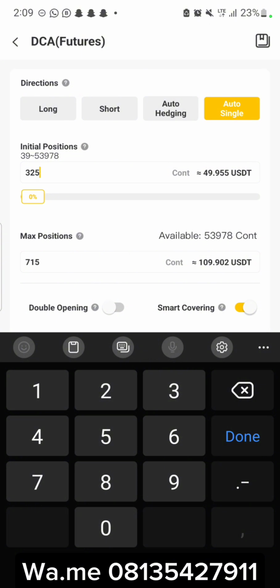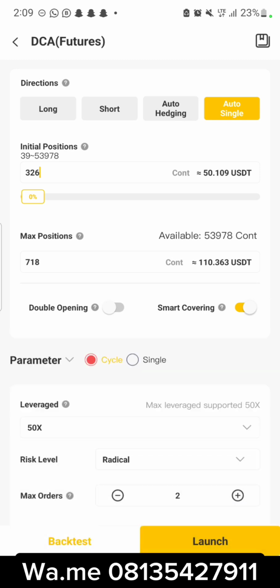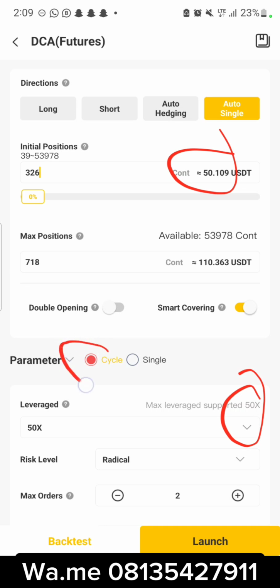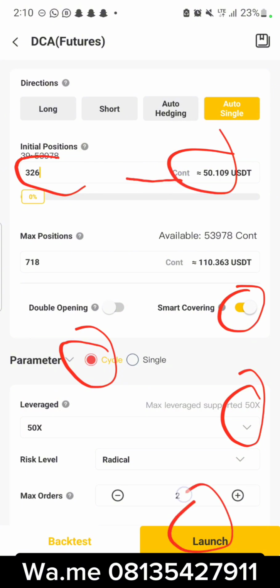a 50 at a dot, we just need to add a little, because here we can't use points, you understand? We can't use points in this axis, we can't use point at all. So once you have gotten your 50 here, and your 50 is also showing here, you have turned on your cycle, you have turned on your smart covering, and your calculation was done where that gave you this 50. All right, the next thing you do is to launch.